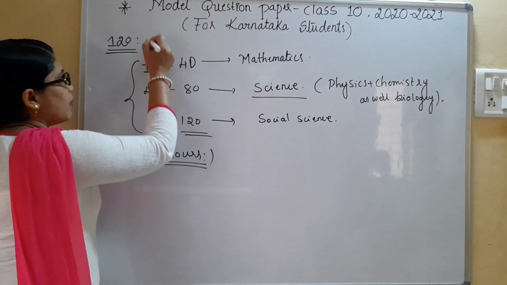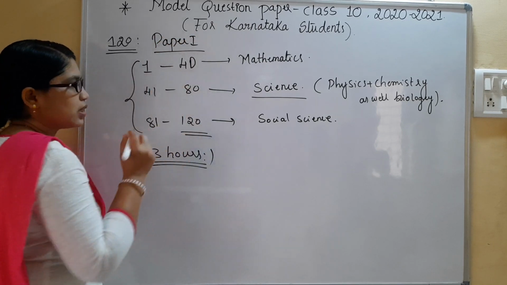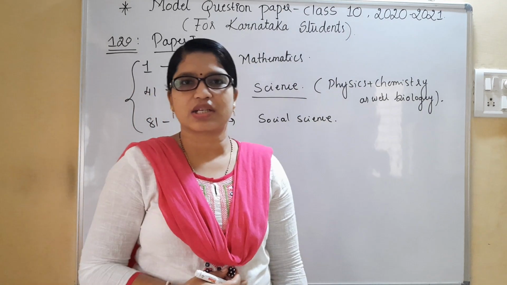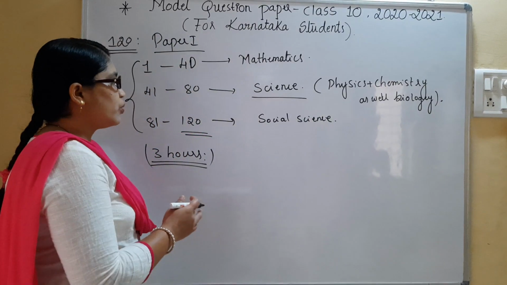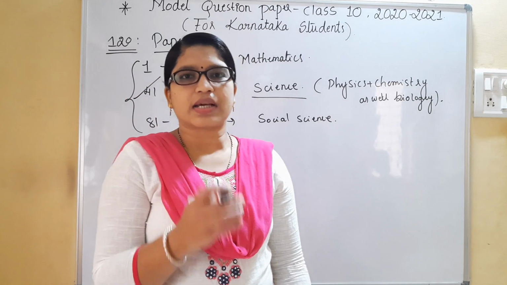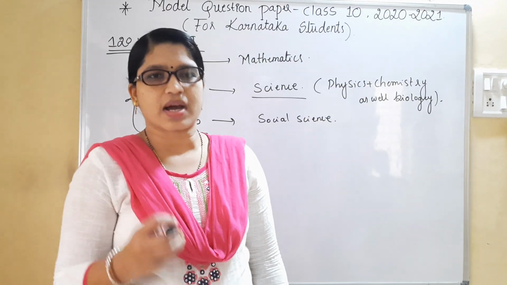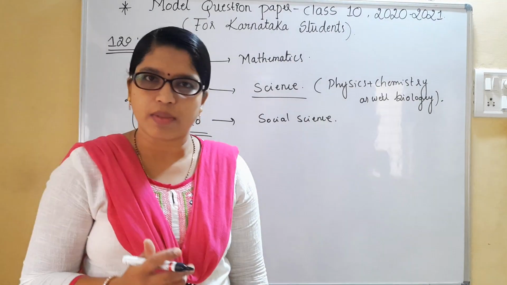So there is a paper 1, we can consider this one. From the paper 1 part, we have all these 3 sections, and from all these 3 sections, we are going to write the correct options. And now in today's session, I'm going to cover all the science part questions, how we are supposed to answer them, and all those things we will discuss from physics, chemistry, as well as biology.